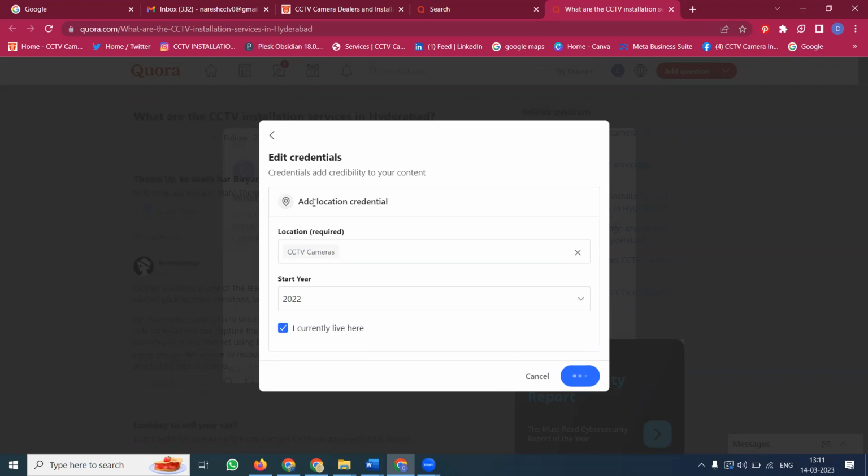So they check everything. Add credentials. So they have to verify it and they will show the next option. So how many people will check this?